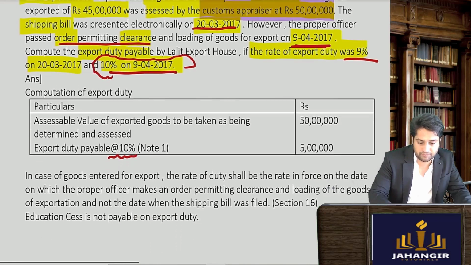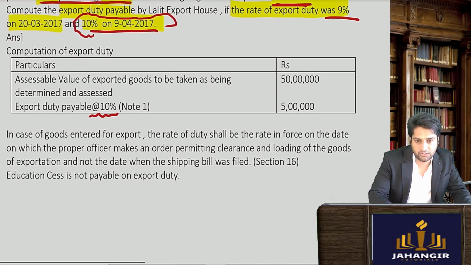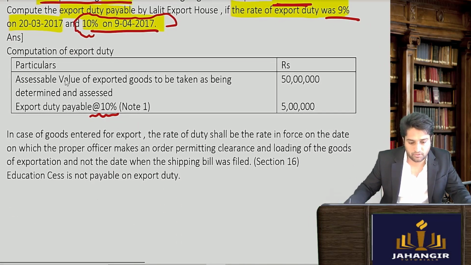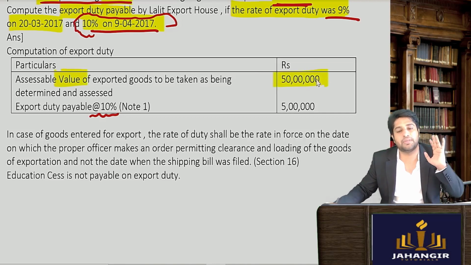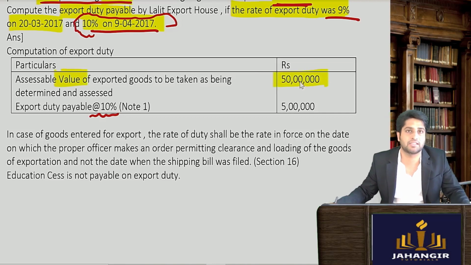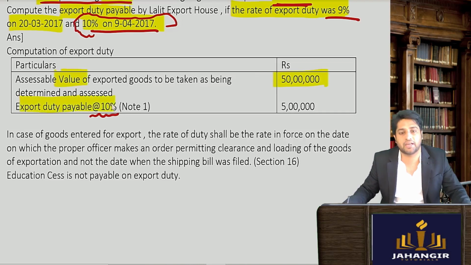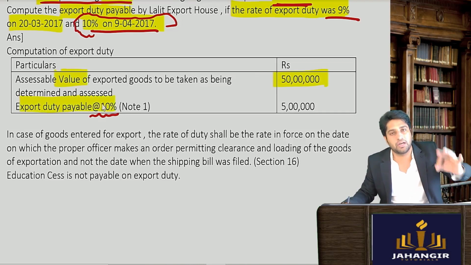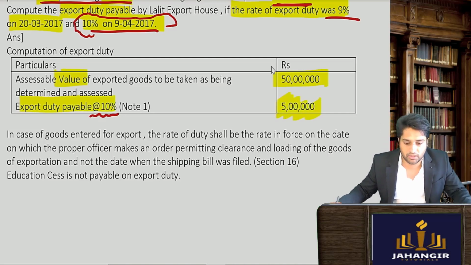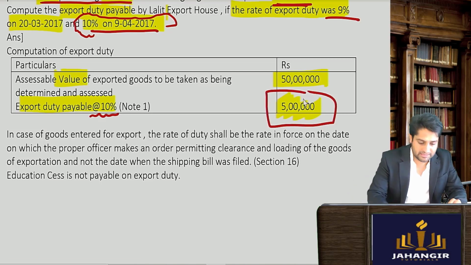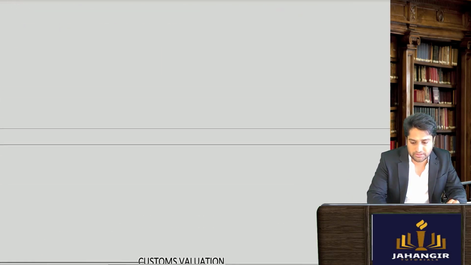So we will say that the value of the goods will be 50 lakh rupees because that was what the customs authorities have decided, and then the export duty rate will be the rate when he ordered clearance, and that time the rate was 10%. So we came to know it will be 5 lakh rupees. So I hope this cleared your section